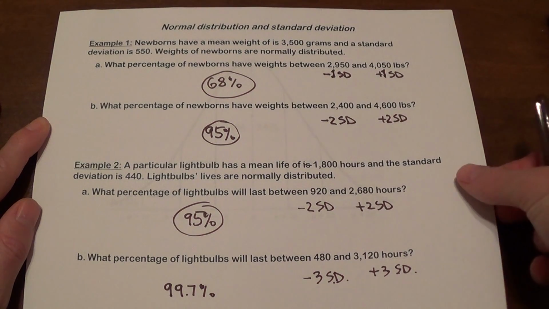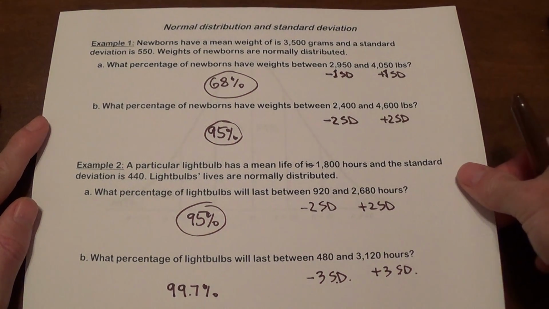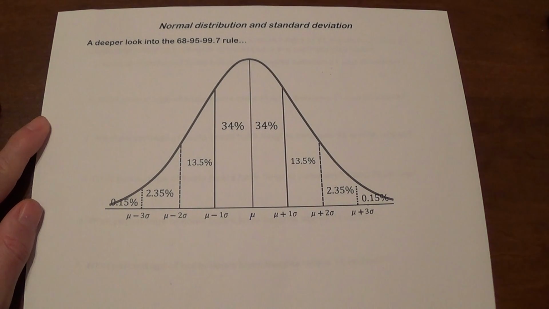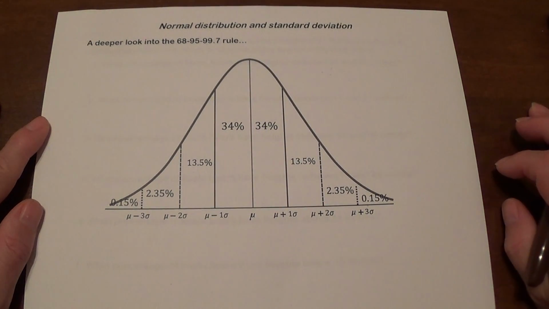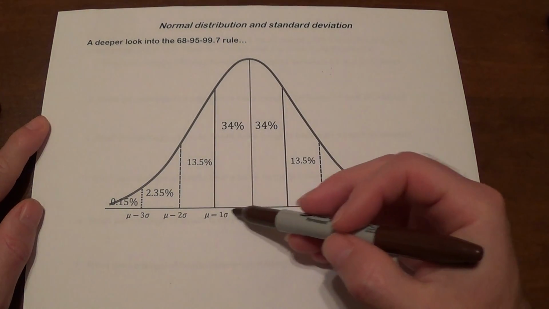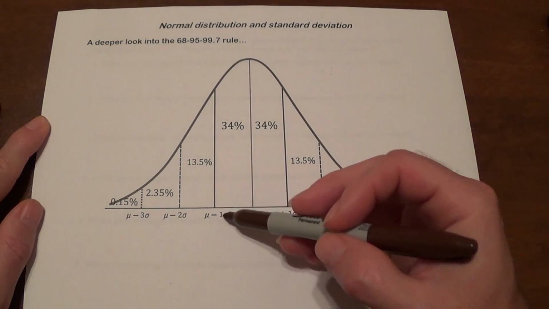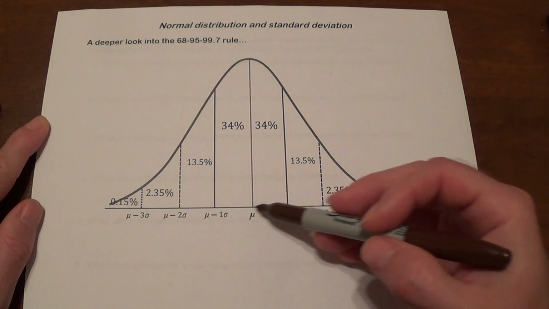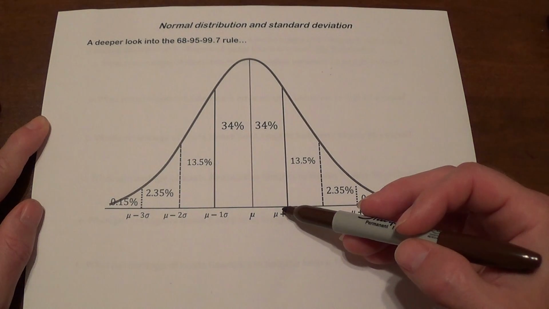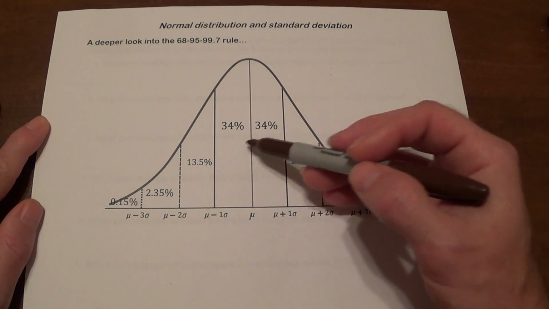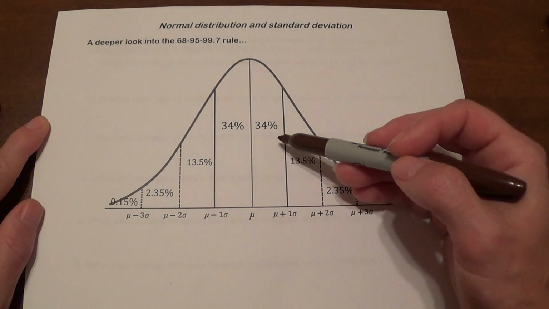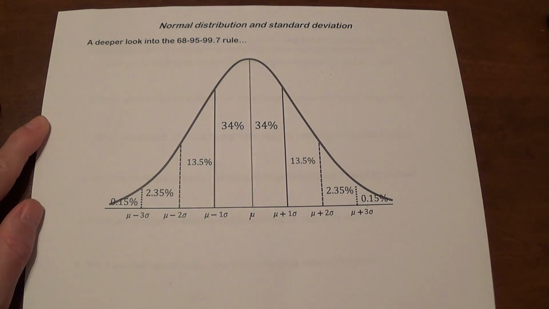So that's that. Now let's take a deeper look into this. If you take this, we said 68% is contained here, within 1 standard deviation away from the mean. Well, since the graph is symmetric, it's going to break evenly into 34%. Minus 2 standard deviations, plus 2 standard deviations, in here, it's going to contain